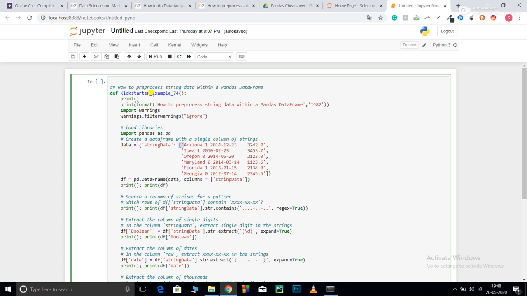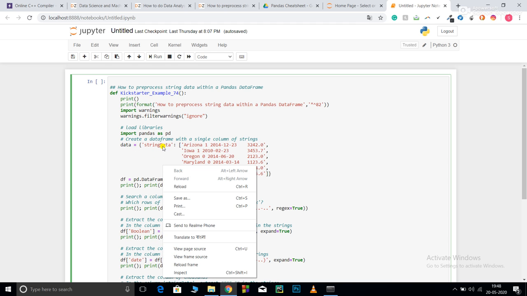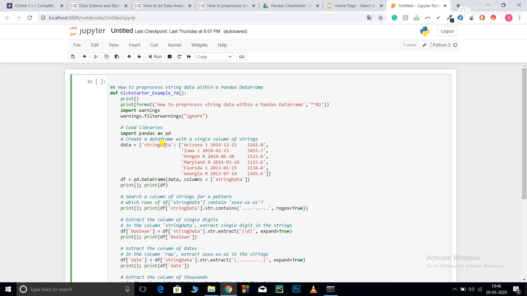So here I've defined a function. These are two general print statements. In order to avoid warnings, I've imported warnings and used warnings.filterwarnings ignore. Now I have loaded my library. Here I've created my data dictionary under the name string data. It contains only a single column, with inputs like Arizona, then one, then a date, and some random number.